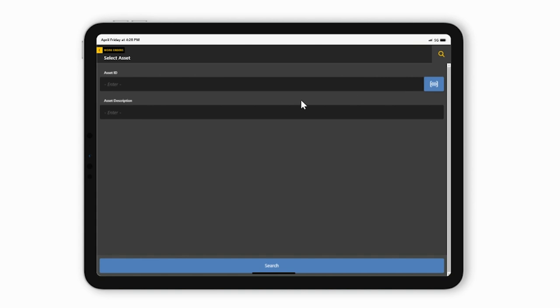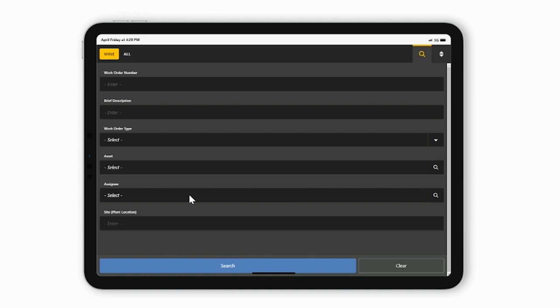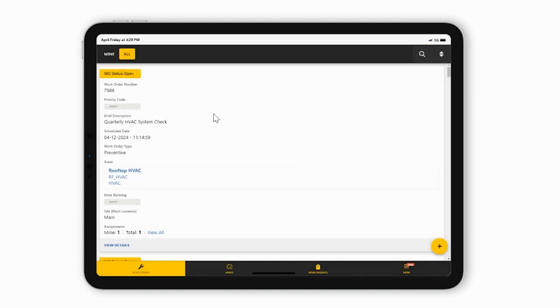I even have the ability to scan an asset's barcode to view all open work orders or all open work orders that are assigned to me. If I'm taking over for somebody for the day, maybe someone's called in sick, I can even search for work orders assigned to a specific person or simply look at all work orders regardless of assignment. So if I'm a supervisor and I actually need to do some assigning, I could do that right from the